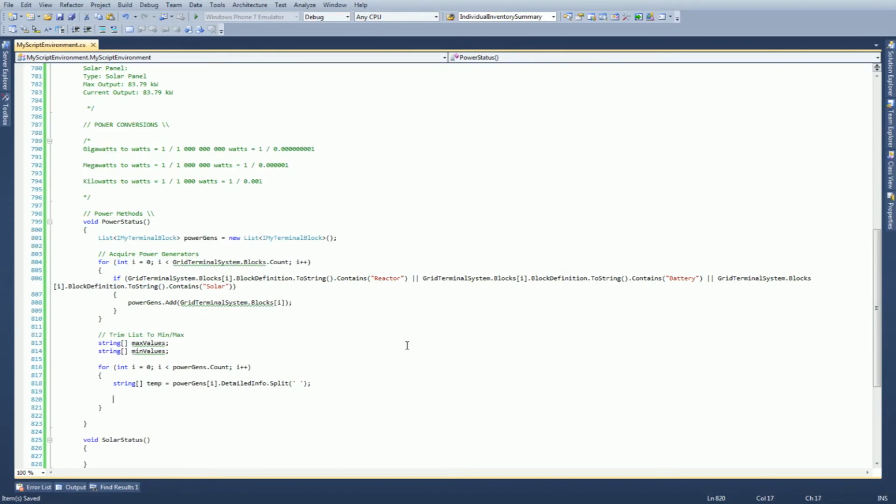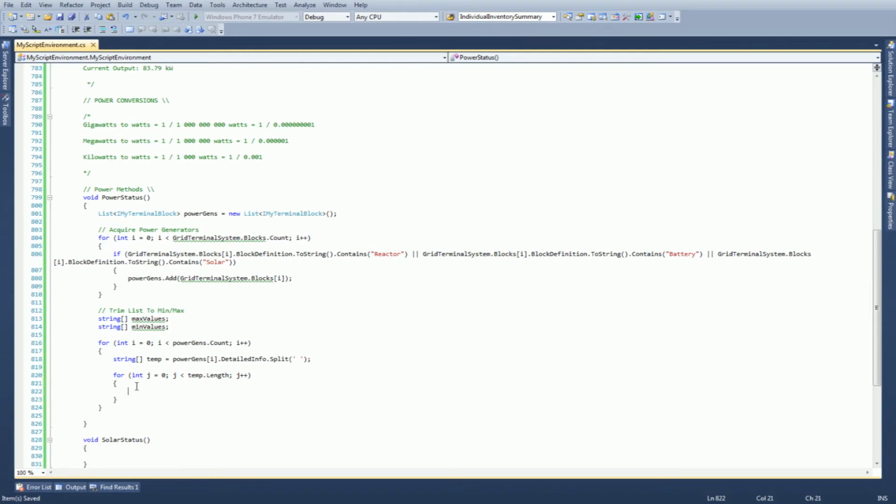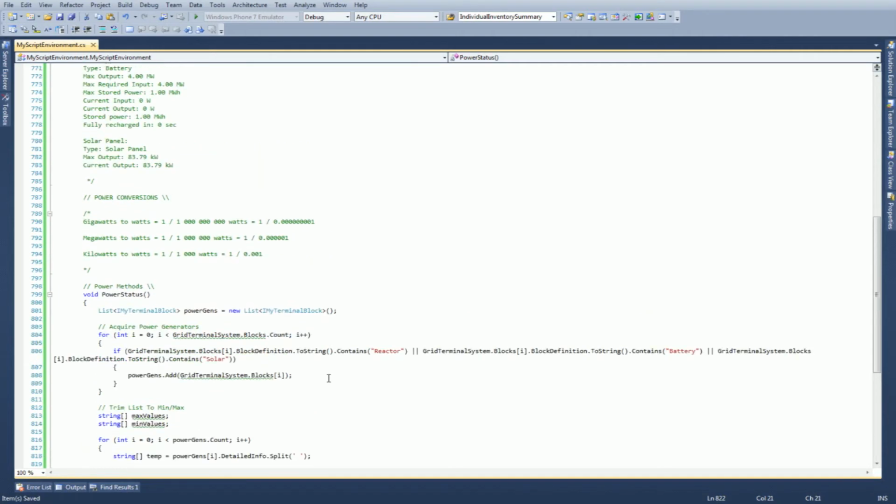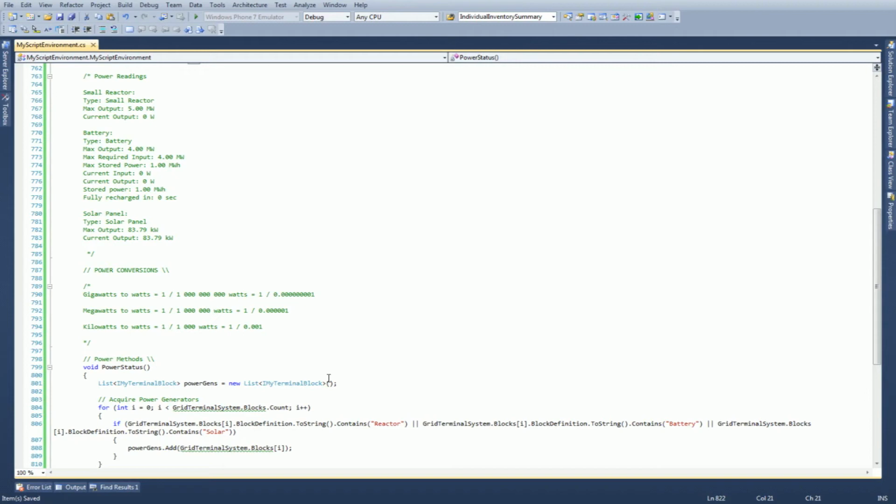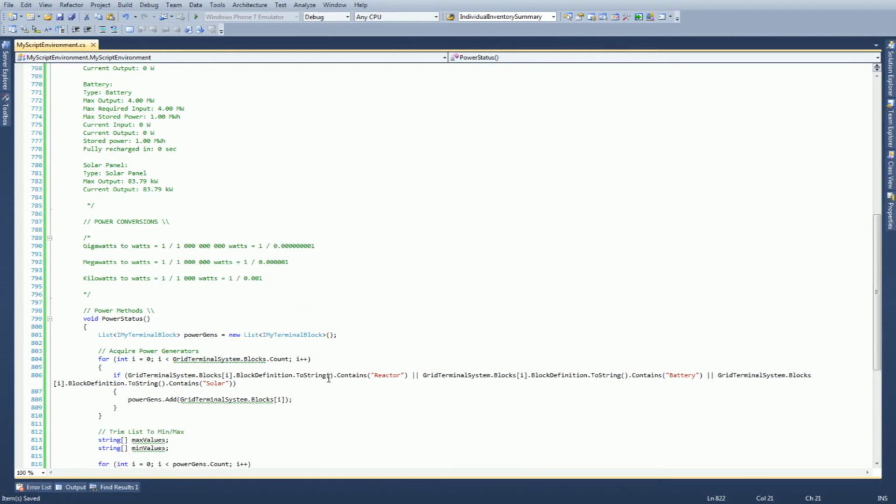is create a second loop. There's a lot of looping going on. I probably don't need to do it this way, but I'm trying to just kind of get it done and working. I'm not really worried about the efficiency of it at the moment. So what we're doing here is we're going to loop through each one. And ask